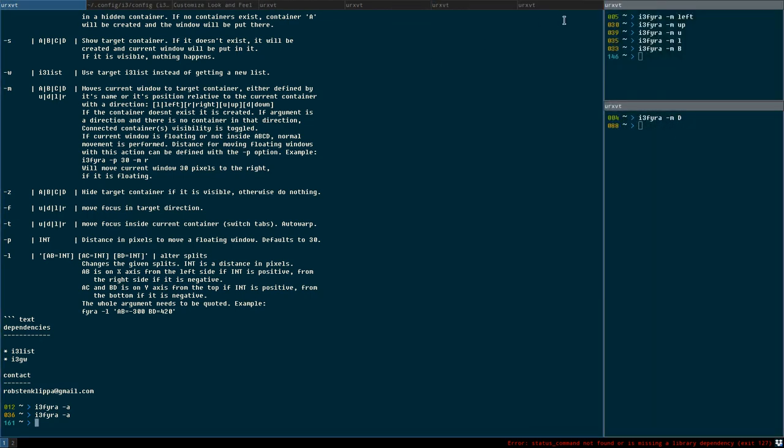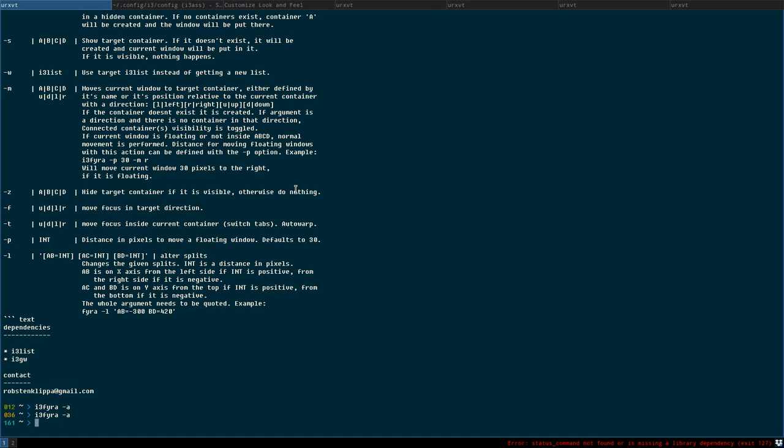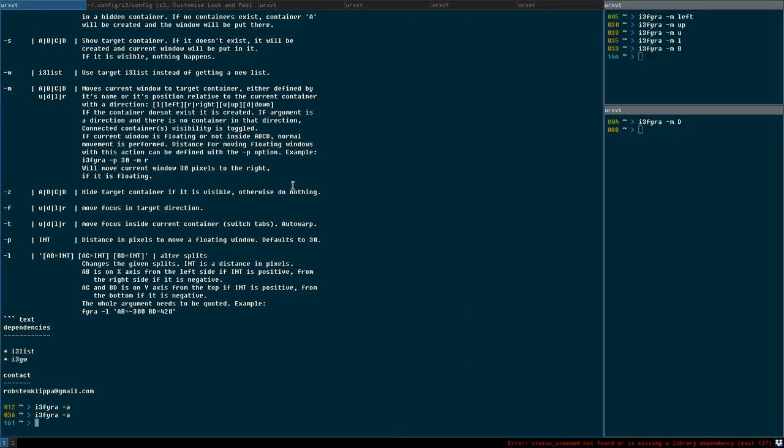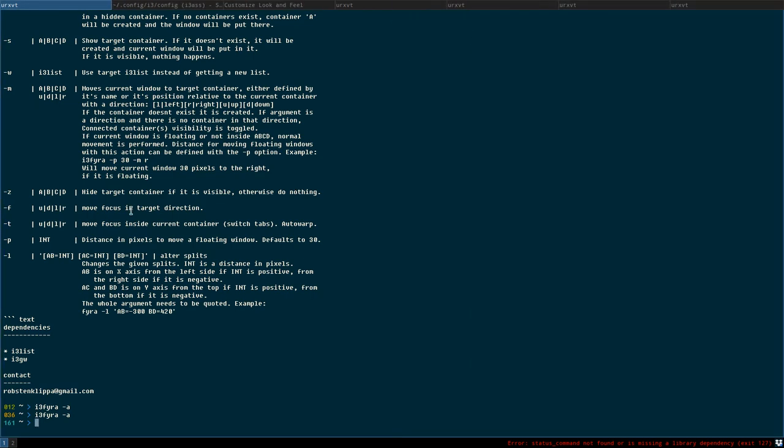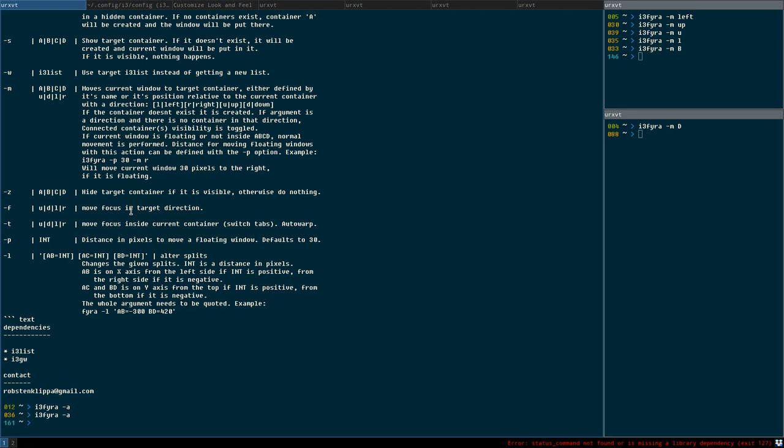And as you can see, it remembers the splits, it remembers the size of all the containers. If I move this to the right now, it's the same concept. Then I want this container to the right. Oops, no, it didn't work. God damn it. Now I have made some